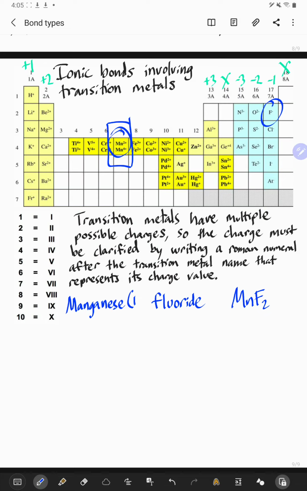That's not how you do Roman numerals. What if we had manganese 4 fluoride? Well, then we would have 4 fluorines. So notice that the charge that manganese holds is going to create a different compound. So I'm not sure if manganese 4 fluoride actually exists, so I'm just going to leave